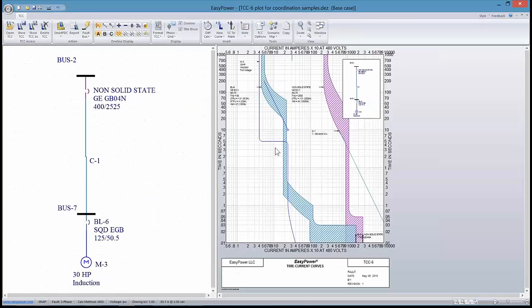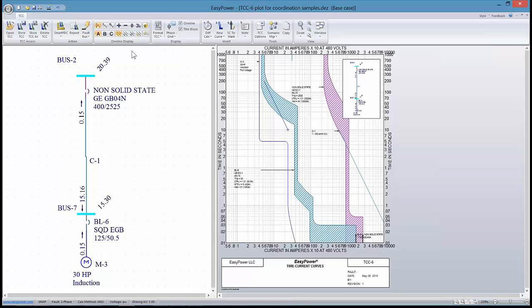So now here I'm plotting some breakers with some weird settings. You can see my thermal damage curve currently, at least this breaker, which is my BL6, the one right upstream of the motor, has the ability to survive, at least not trip erratically on a normal start, but it doesn't seem to be effective in fully protecting against the thermal damage potential for the motor start. What I want to do here is fault the bus, show my incident energy,